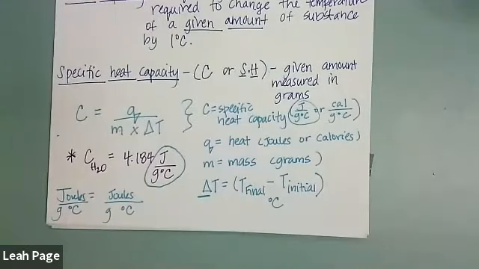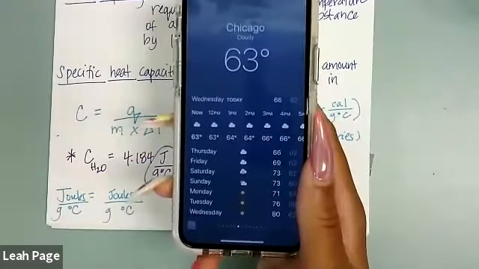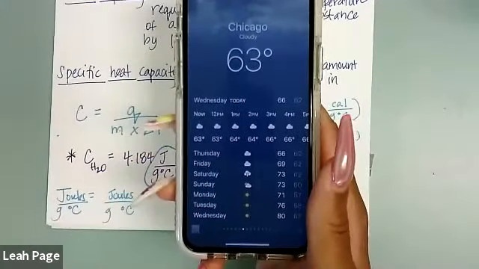So let's think about when we are in Chicago. Like if I was in Chicago right now, maybe it'll be warm by my house. I don't live next to the lake. I don't live too far from it, but I don't live right next to the lake. So by my house, I don't know what the temperature for Chicago says. Let's say if I look at the weather, because this happens to me all the time, the temperature says it's 63 degrees in Chicago right now. So maybe it's 63 degrees by my house.